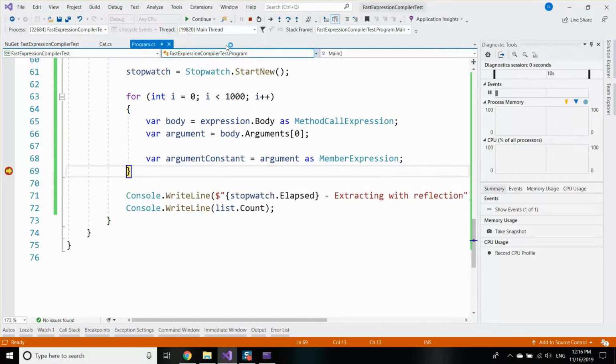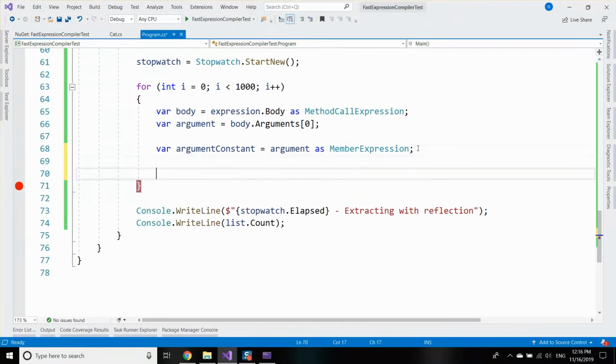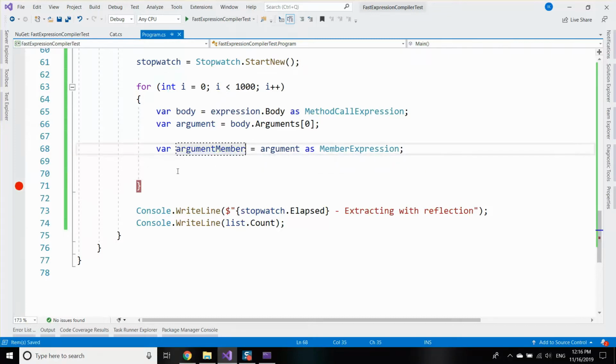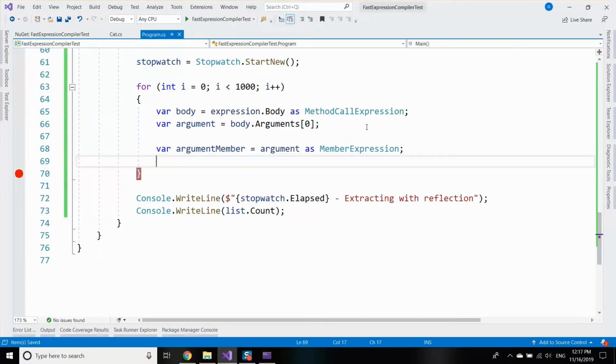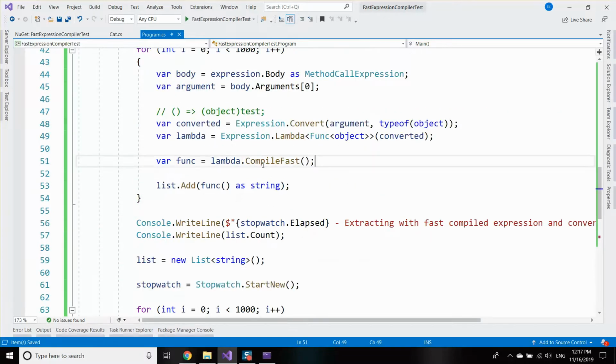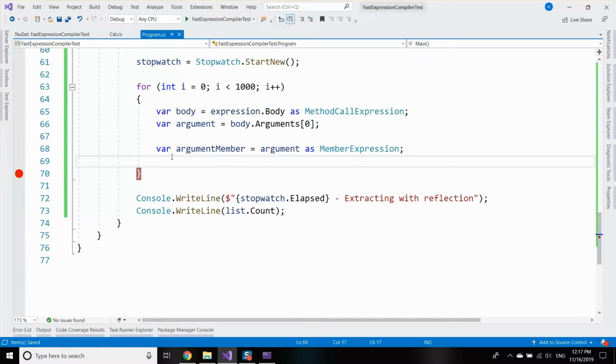Great, it's member expression. So argument member. If you're not familiar with what I'm doing here, let me know in the comments, and I will create a separate video explaining how to extract variables without compiling the expression. Currently I'm doing just that. I'm not compiling the expression. I'm going to extract the variable